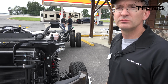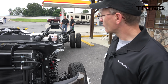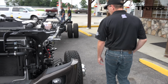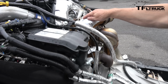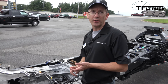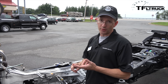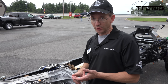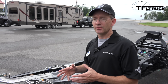Now, when you talk about the turbo, you've got a new engine braking setup, right? Yes. Do the vanes in the turbo actually open and close? Yes, they do. Tell me how that works. Yeah, so let's go back here, look at this a little bit closer. The vanes on this turbocharger are back here in the turbine casing, and this is really the third pillar of why we did the 2015 truck. First one was more advertisable torque and horsepower. Second was more altitude performance that we talked about earlier. And the third one, when you're going down the hill, is to have improved controllability and confidence in the vehicle